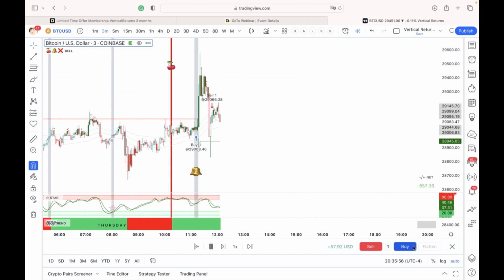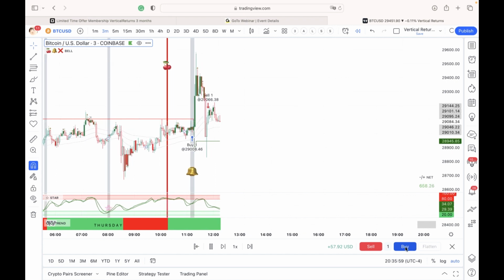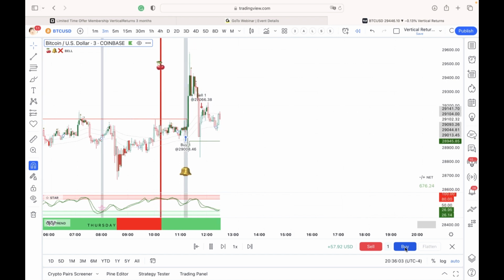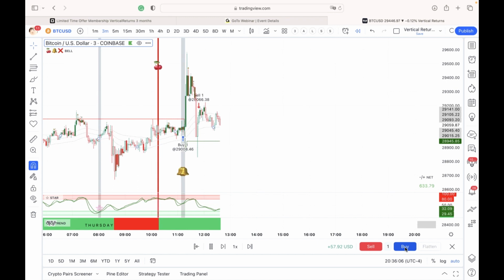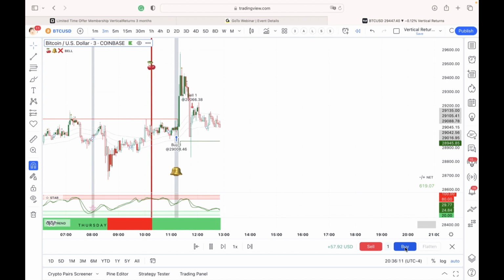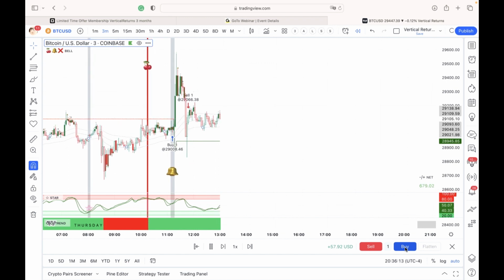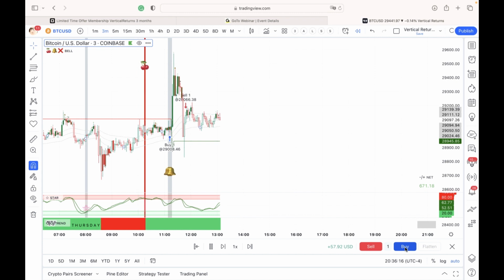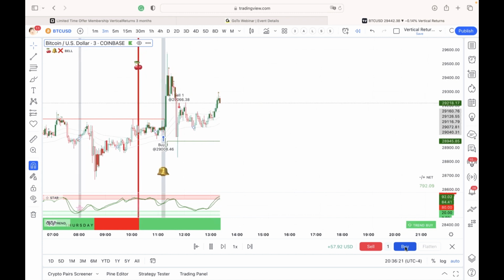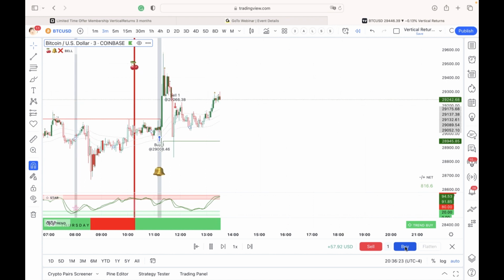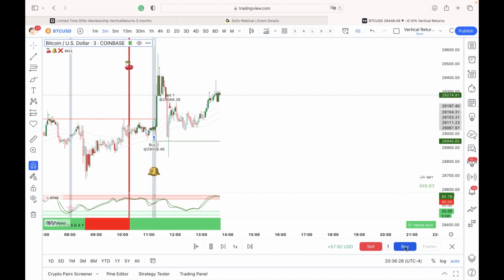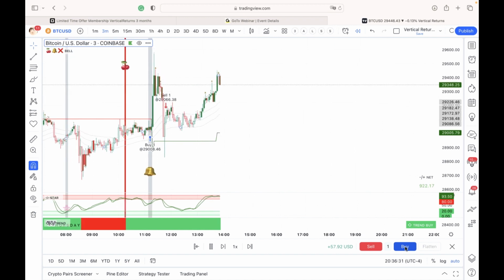So now I can go buy again because the moment it gets out of the red, remember it's green again. Then you see a buy opportunity. So I'm waiting for the bell. And I'm on a 3-minute chart, guys. There we go. To buy again. There's green. I'm trying to stick with the bell. So we could buy on the trend bell, but